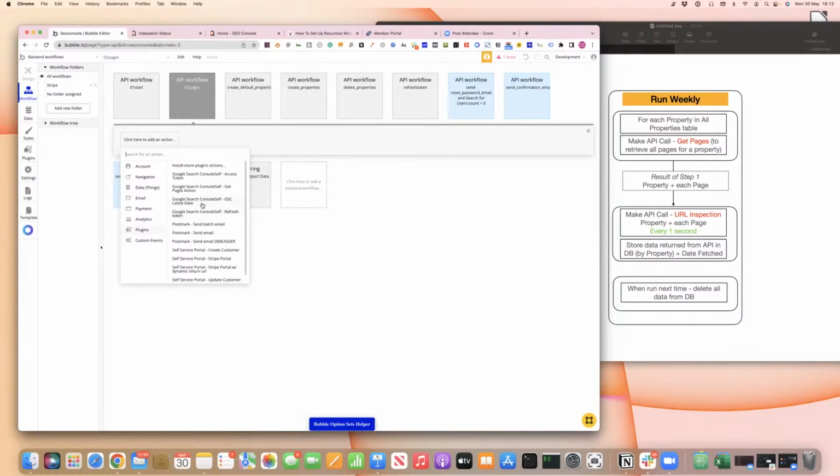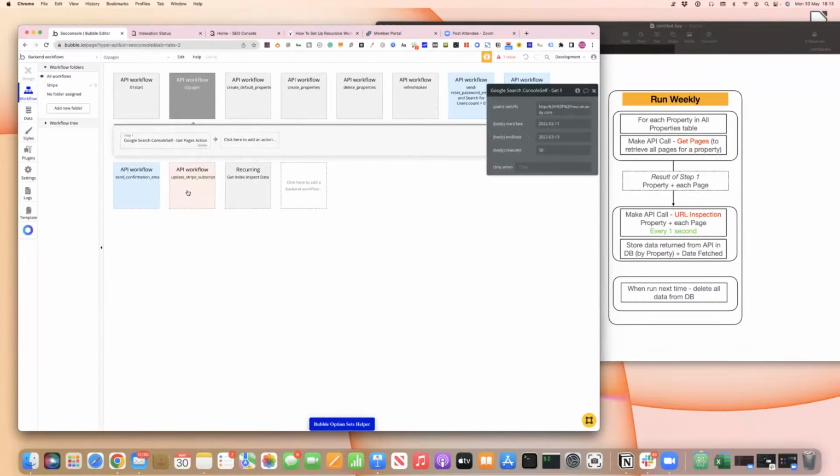That is get pages. Yeah. Okay. So now the site URL is going to be the property's first item's URL. Yeah. And it'll probably be URL. Yeah. Yeah. Start date can be